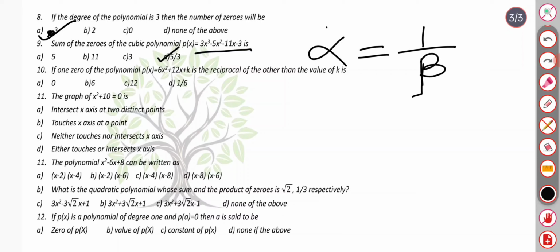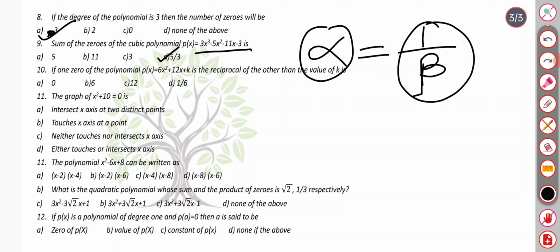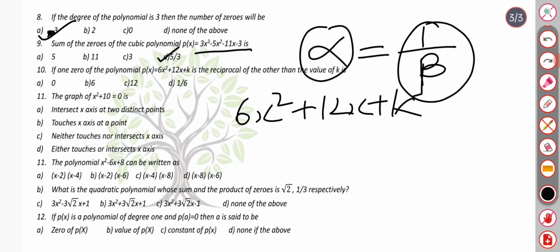So we can take alpha. First zero will take alpha. Second zero will take as 1/beta because the first zero is the reciprocal of the second one. हम लोग क्वेश्चन क्या दिया यहाँ पर? पोलिनोमियल क्या दिया है? 6x² plus 12x plus k. We just need to find the value of k. So